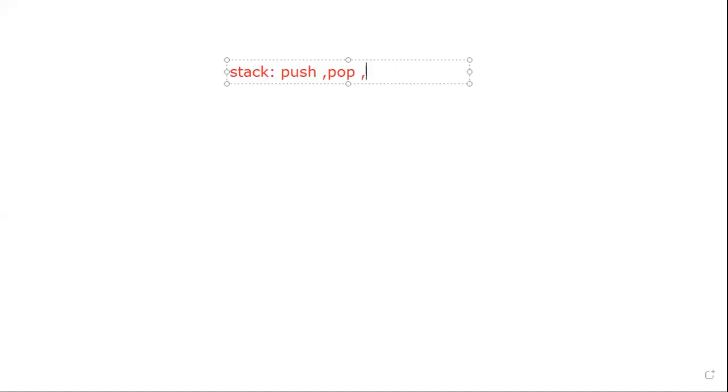And it will follow first in, last out, or you can say the first element inserted will come last out, or LIFO, last in, first out. You can say it like this. This is the fashion of the stack, last in, first out.